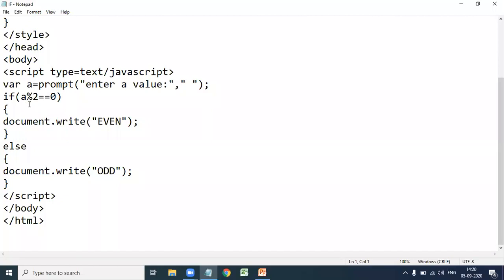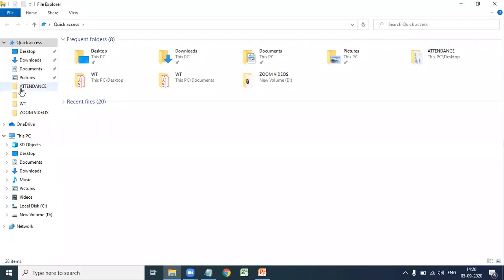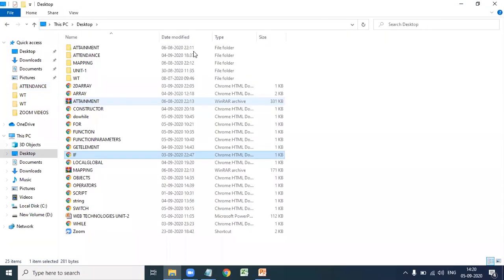If a percentage 2 equal to 0, the output is even, that is an even number, or otherwise else odd. So let us see the output. First we enter the value of a using the prompt method. Executing this if, it asks to enter a value.